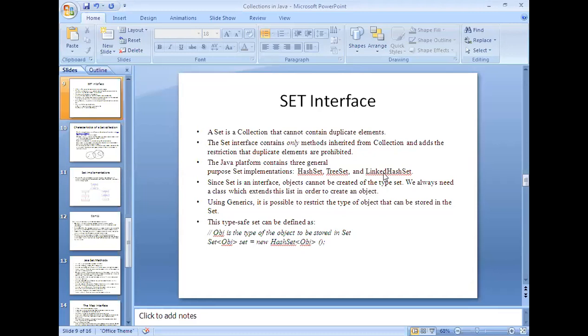In addition to the methods which are available in collection, it also has an additional property: it won't allow you to enter duplicate elements. There are three different set implementations: one is hash set, another one is tree set, and linked hash set. These are the three different ways which we can implement the